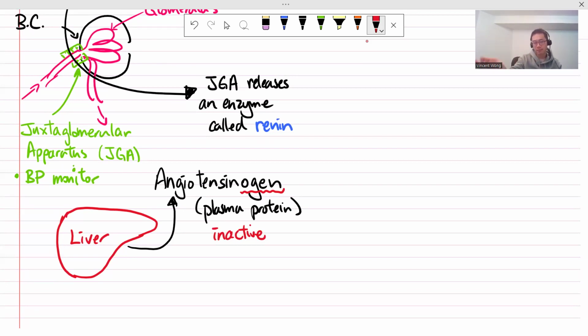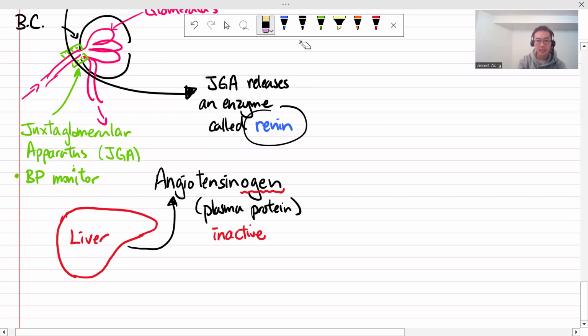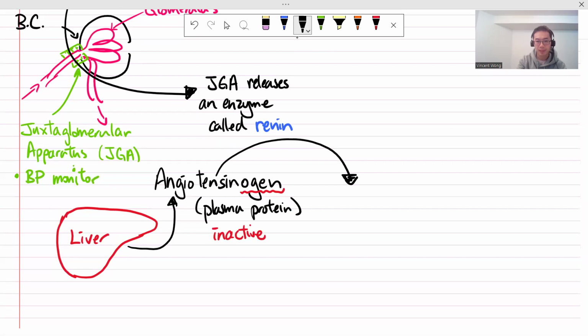For example, in the digestive system, the pepsinogen has to be activated into pepsin by HCl. That's something you should know for the test. Before, the fibrinogen has to be activated into fibrin. So here, angiotensinogen is inactive. Okay? And in the presence of renin, it's going to get activated into